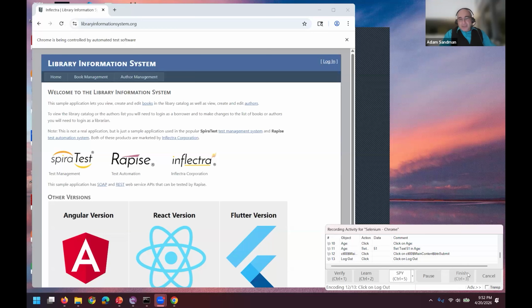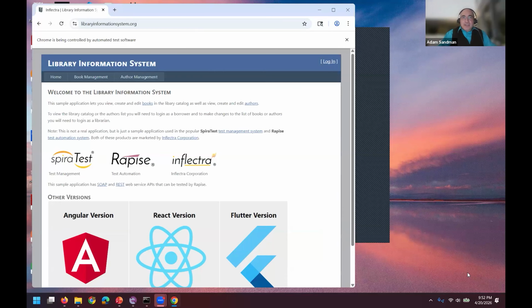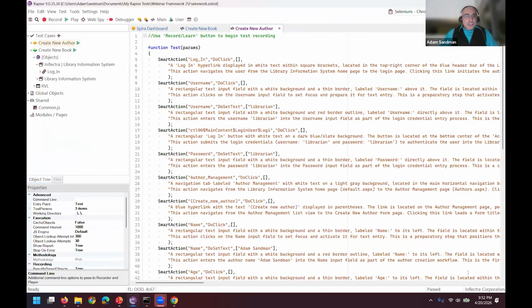With AI Translator, the next feature coming out, it's going to be using effectively AI to do exploratory testing to then build the regression test that Rapise can then run without AI. So here you can see the version you get using JavaScript with smart actions. So it's different. Unlike the version with the RVL, the visual language, we store the information right here in the